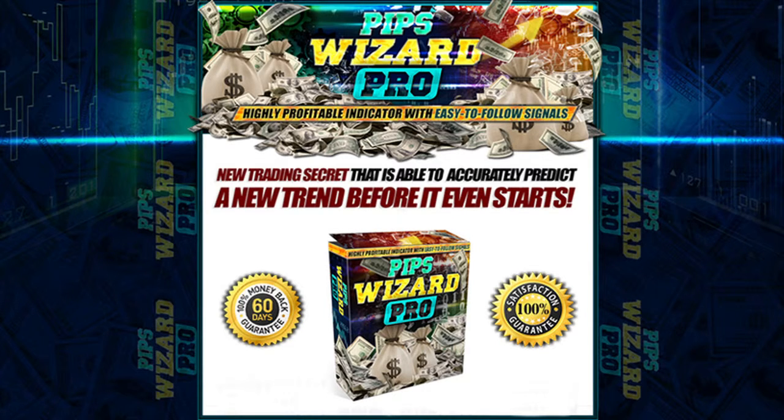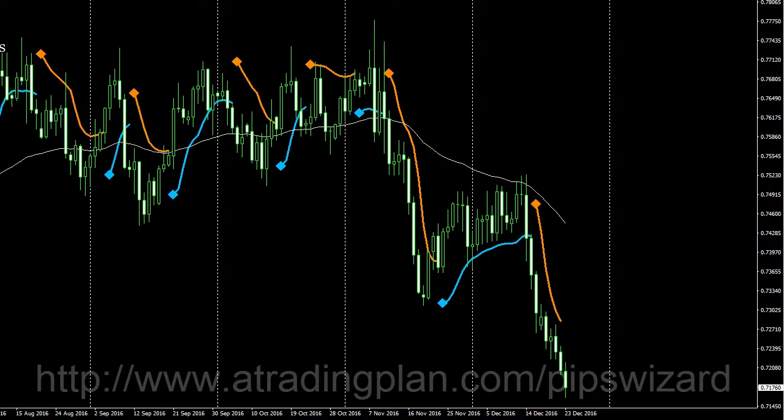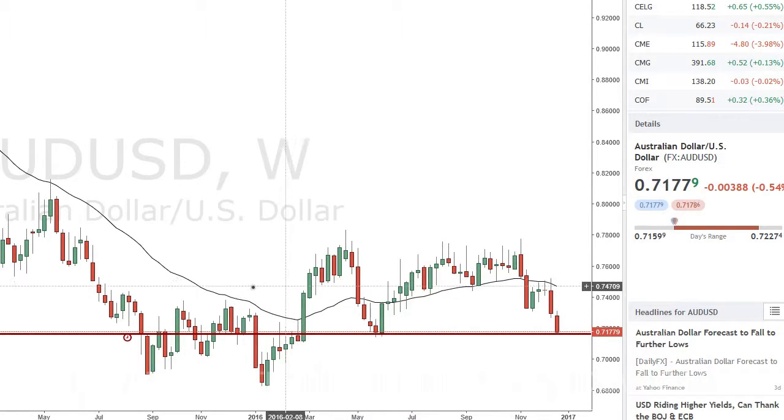So we're looking at PIPS Wizard Pro again, and as you know, it's a trend following system. And trend following, you can make a lot of money. But the fact is, you need to have a trend. And I just want to give you a little tip here, and this is the Aussie US daily chart. The reason I'm using this chart specifically is because I'm actually looking for a play in the Aussie US